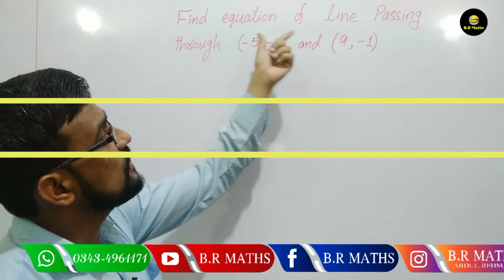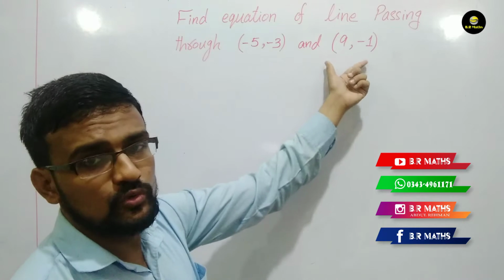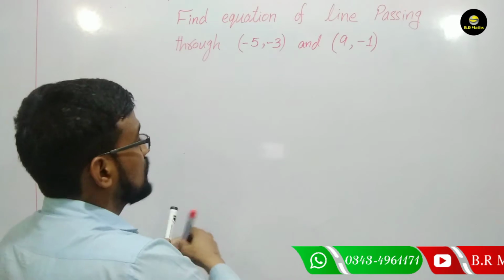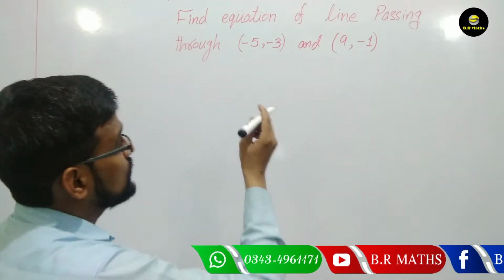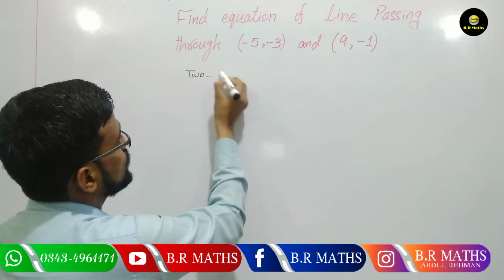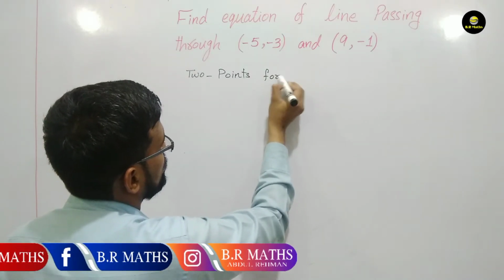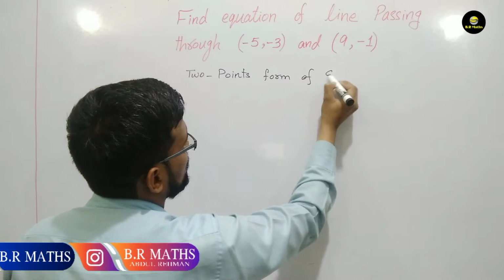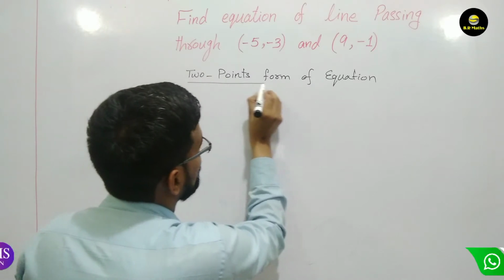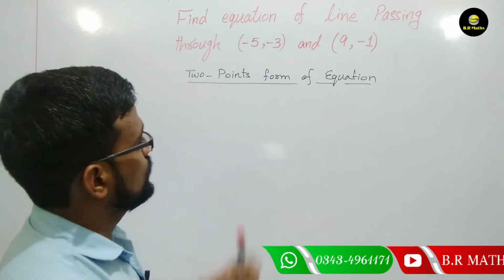Find the equation of the line passing through these 2 points. So find the equation, the second case: find the equation of the line passing through 2 points. Use the second formula, the 2-point form. Second case is 2-point form of equation. These are the 2 points, so use the formula